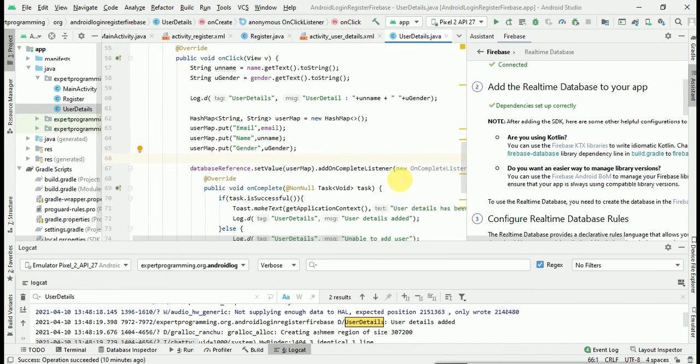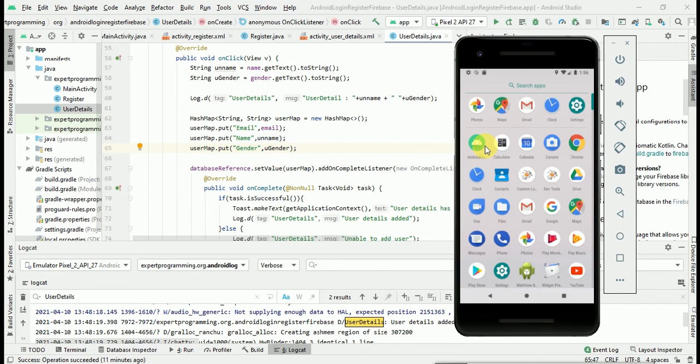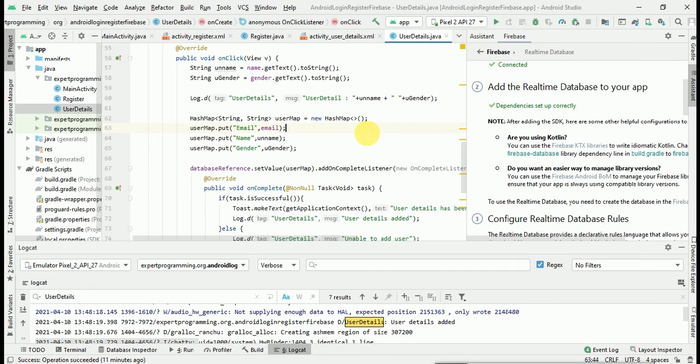So what I will do, I will quickly run and show you one more registration with another user, so that it will be clear. For that we need to uninstall this, because this user is already configured on this mobile device. So we need to uninstall the app. Let's uninstall this and run it again quickly.